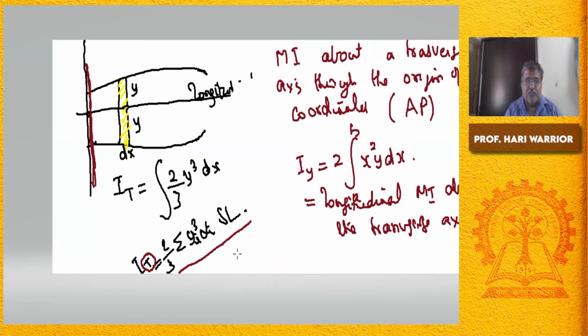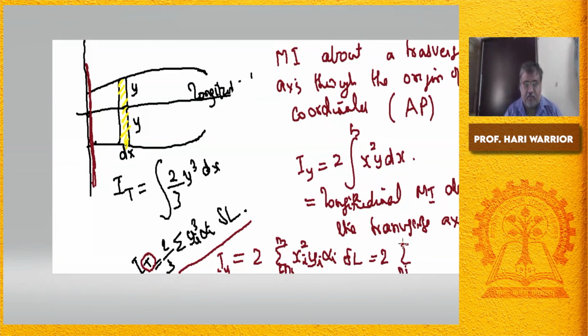This can be rewritten as Iy equals 2 sigma xi squared yi alpha I delta L, with I going from n1 to n2. So this is equal to 2 sigma n1 to n2 xi squared is ji squared into delta L squared yi alpha I delta L, which is equal to